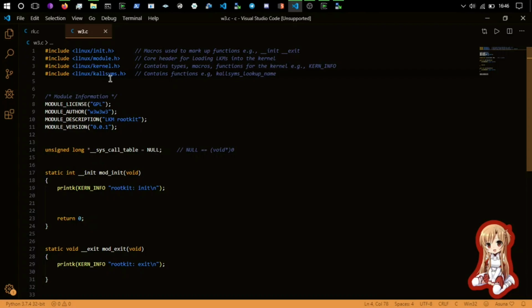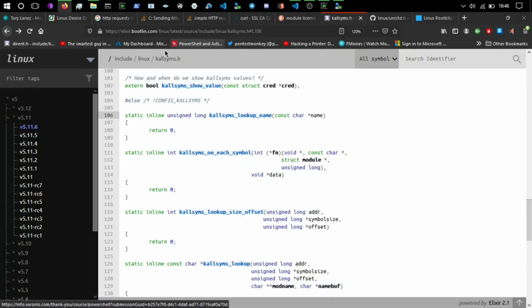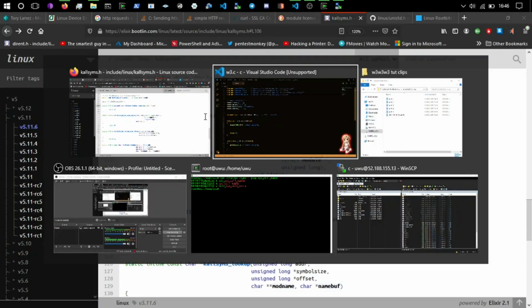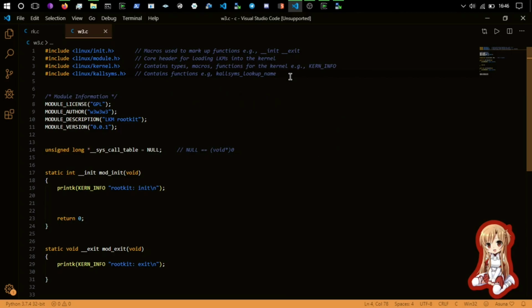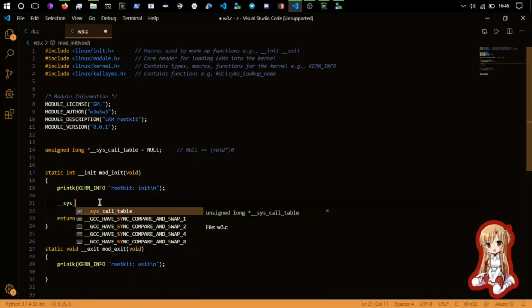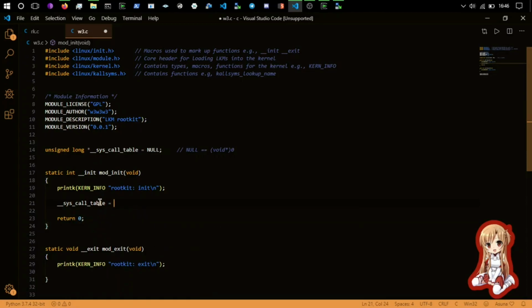So we include this header because if we look at the kallsyms.h, it's got a prototype here for kallsyms_lookup_name, and it returns an unsigned long, which will be of the address. So now that we've included this library, we can go down here. We can use our pointer __sys_call_table, and so we can do __sys_call_table equals, and then we can do